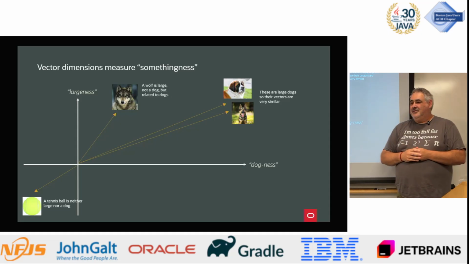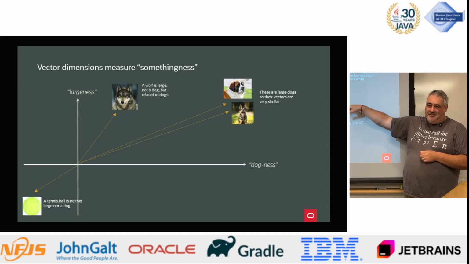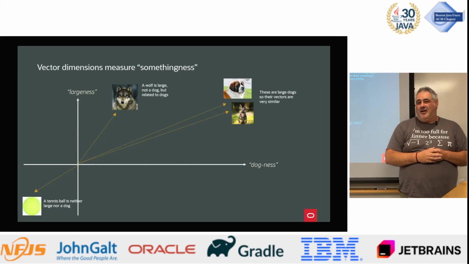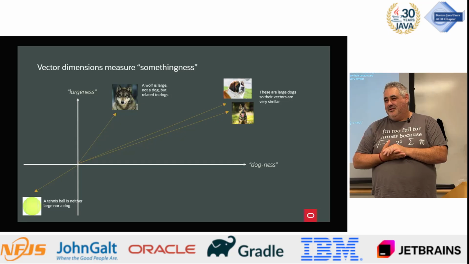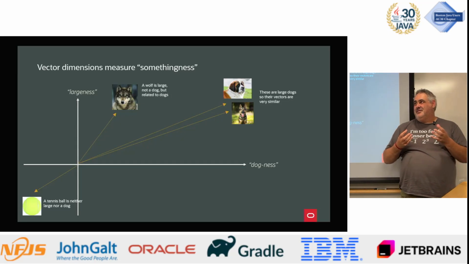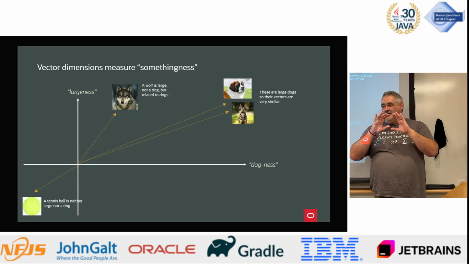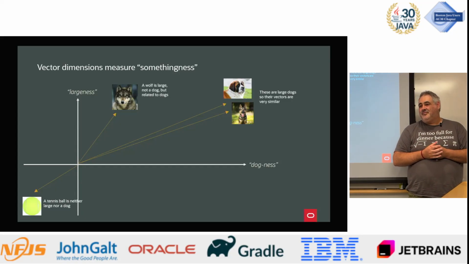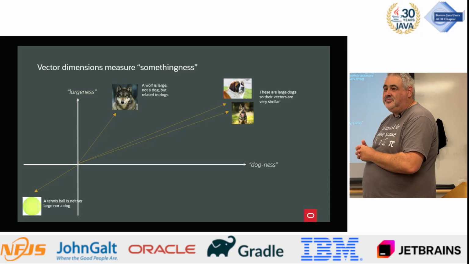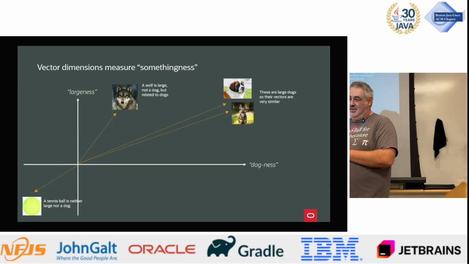Exactly. Think of this as text, but image diffusion models are a little different in the way they create the vectors. It's the same concept, but it's not the semantic meaning. It's based on the colors of the pixels in the image, for example, and the density and stuff like that. But you're still saying that there's an algorithm that generates these vectors. Yes, it's not a person. It's another model, a specialized model that we call an embedding model, which is used to take a piece of text or an image or whatever and turn it into a vector.